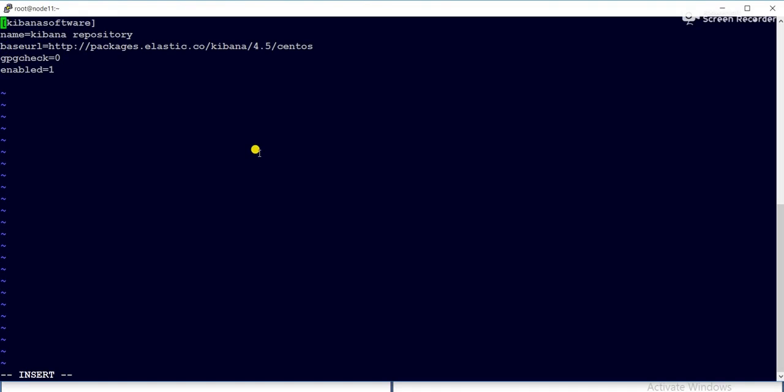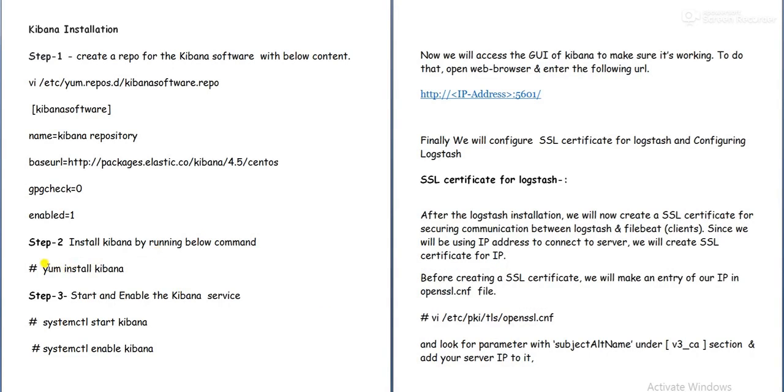I will make an arrangement. Now the Kibana package will get downloaded from packages.elastic.co. From this website it will download and install. Save. Now we'll install Kibana: yum install kibana.